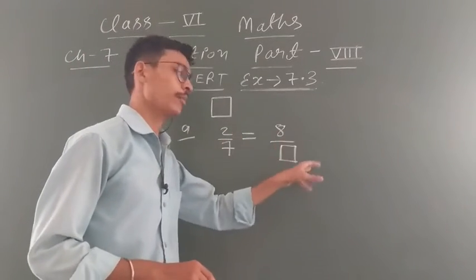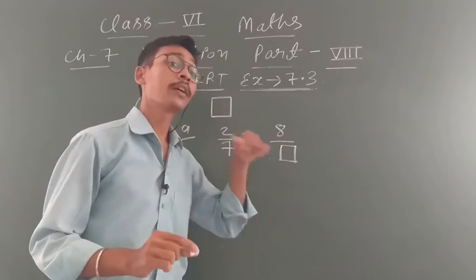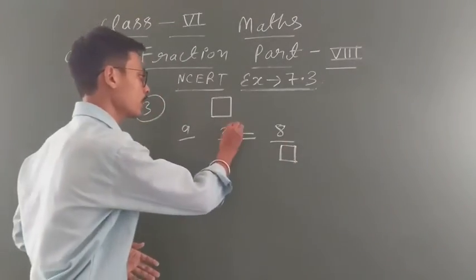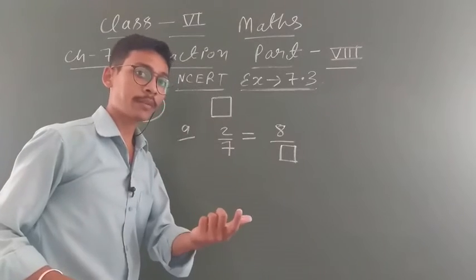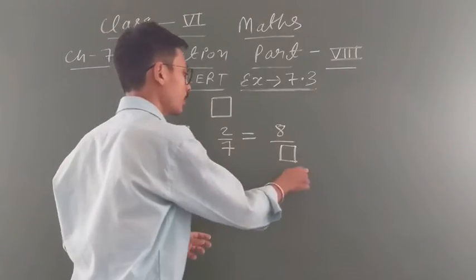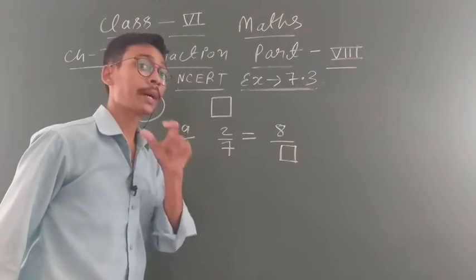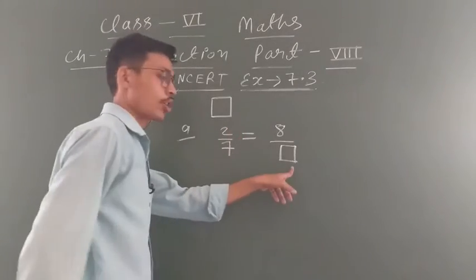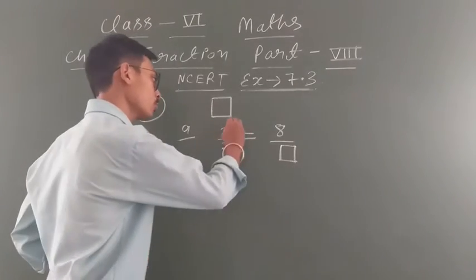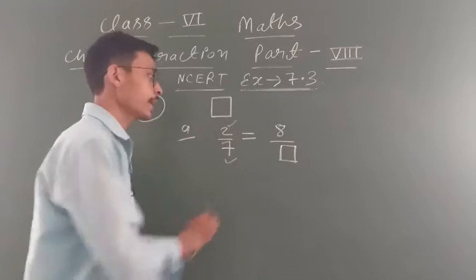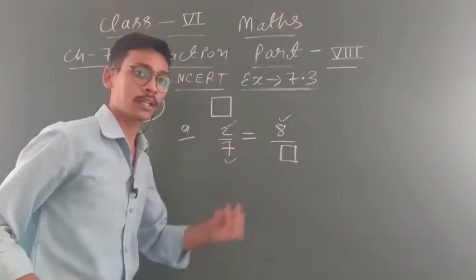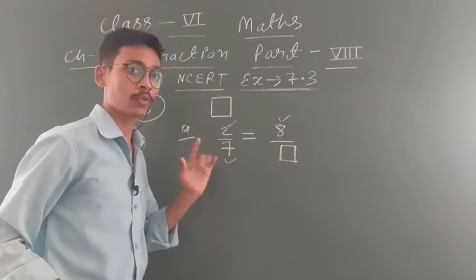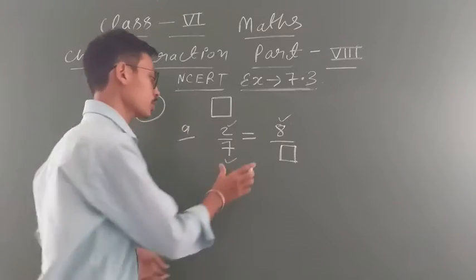You have to see whether you can reduce numerator and denominator. Here you cannot reduce, because the denominator is nothing. Next, you can see numerator and numerator, if you are able to reduce, you can reduce. Denominator and denominator, if you are able to reduce, you can reduce. But some students will do numerator and the other denominator, so this is incorrect. Only you have to do this numerator and this numerator, or this denominator and this denominator. Remember this. When you solve the question, you will understand.